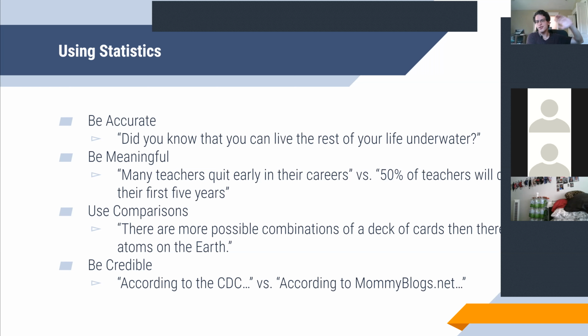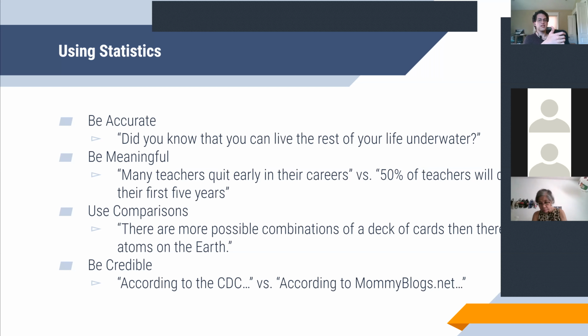And full disclosure, that number is probably completely way off, but that's just an example of how you can reframe your statistic so the audience actually knows what you're talking about. And lastly, be credible with your statistic. Mention directly where it came from so that now the audience knows, okay, I didn't just pull this number out of my butt, but someone who has a lot of experience in the field, who knows what they're talking about, pulled up this very credible statistic.